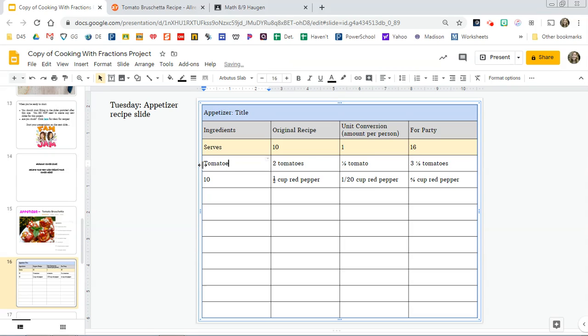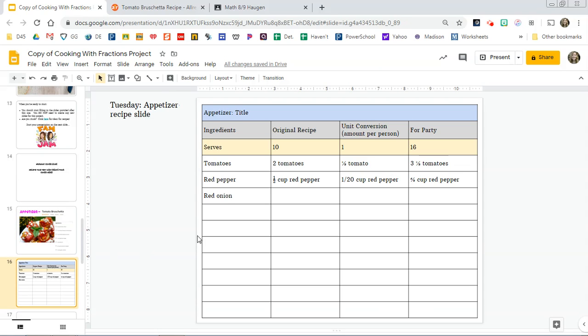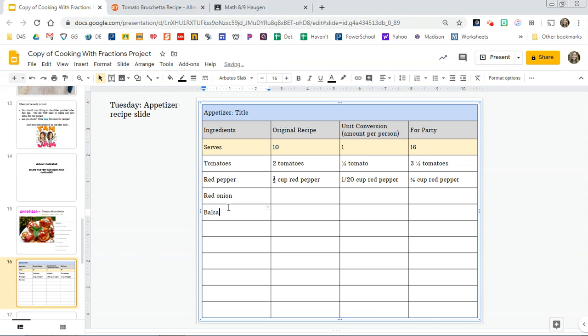So here's tomatoes. Here's red pepper. I think I need some red onion. Could have had that filled in. Balsamic vinegar, olive oil, basil, and garlic. So what I wanted to show you was, because it feeds 10, it's 2 tomatoes, it's half